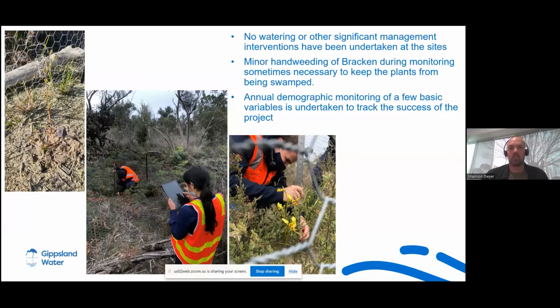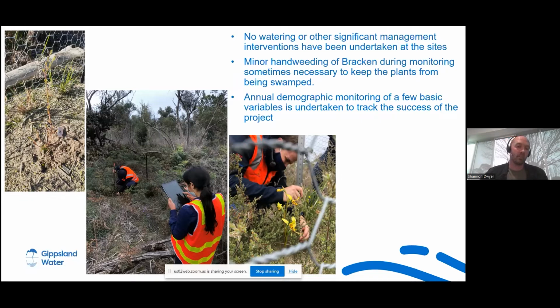It was very much, I guess my motto on some of these things is if they're not going to survive without active intervention and spending money and resources going out planting these things, then we need to think about a better way of doing it. And particularly being a water corporation, it's not our core business to be out there watering plants. So we want to make sure they're successful and set them up for success, but don't want to be locked into any ongoing watering programs throughout summer and that sort of thing.